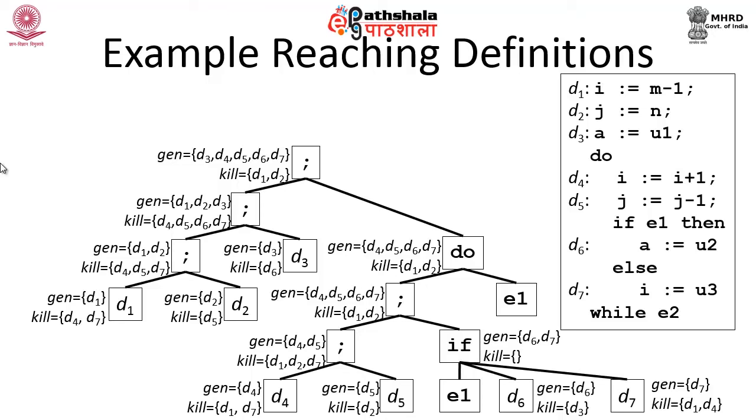All other definitions of that variable minus this definition of that variable. For example, D1 defines I. So, it is all definitions of I minus this definition of I. Wherever I is defined, at D1, D4 and D7, capital DI will contain D1, D4 and D7, and this definition of I will contain D1. So, D1, D4, D7 minus D1 will be simply D4 comma D7.